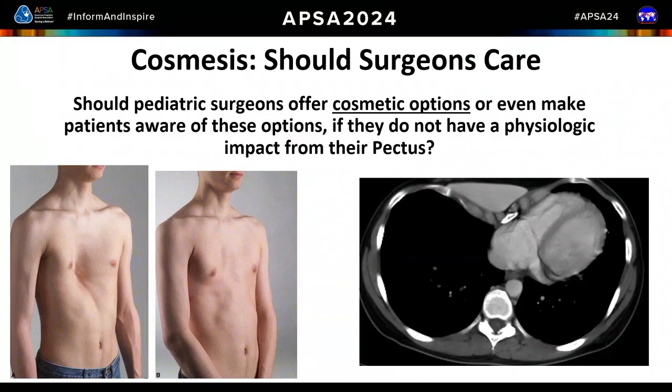Hi, Seth. Welcome back. Well, it's because I agree and emphasize all the benefits of surgical correction in terms of current or future respiratory deficit and psychosocial, but I just want to revoice a vociferous objection that you've already heard me say. Remember, your initial question was, beyond surgical correction, should pediatric surgeons offer these things like fillers and fat transfer? And I think we've heard that we fix the Pectus for a lot of reasons, but for the transcript,